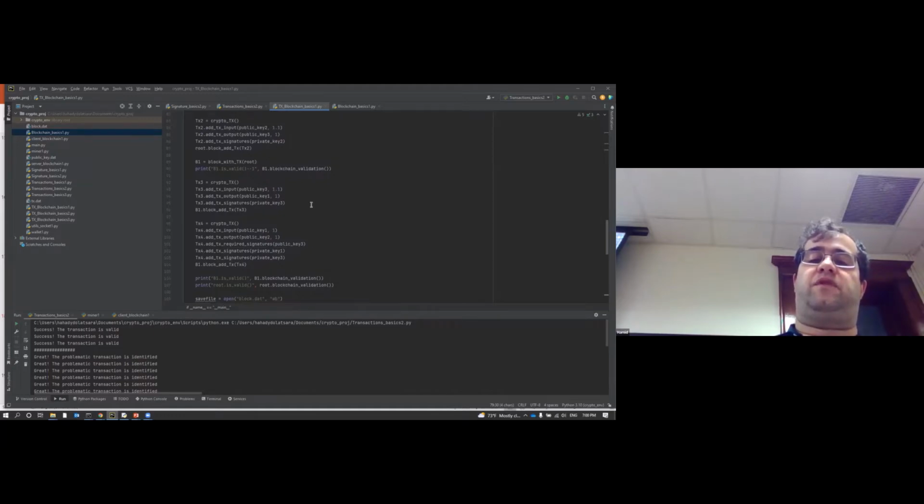I just repeat the process. So we have the second transaction, and now I'm making a new block. This block